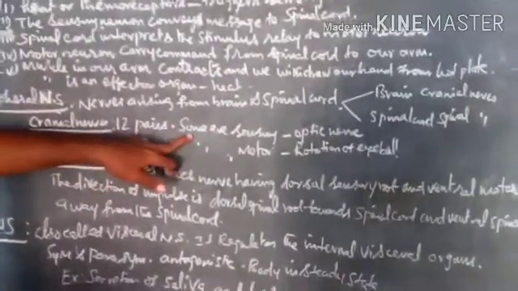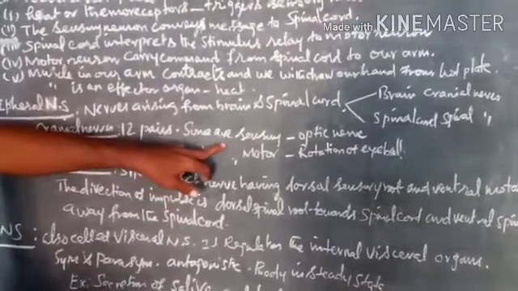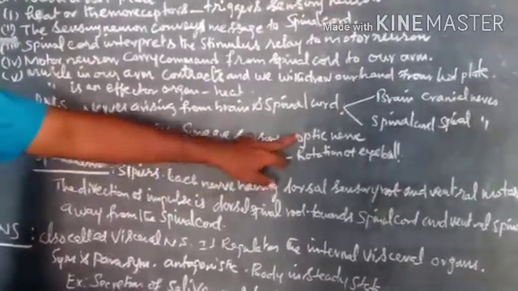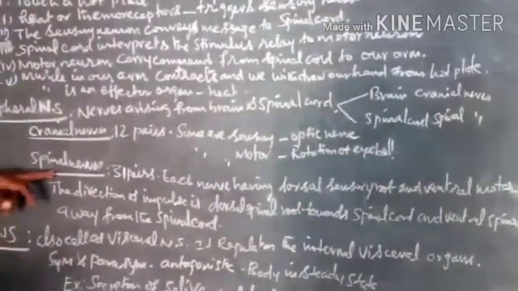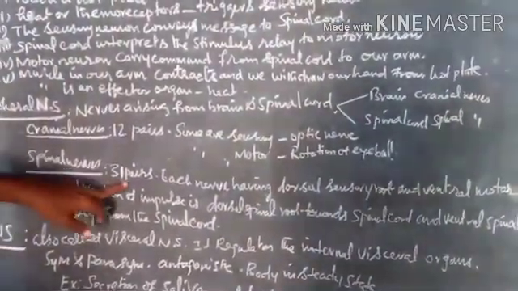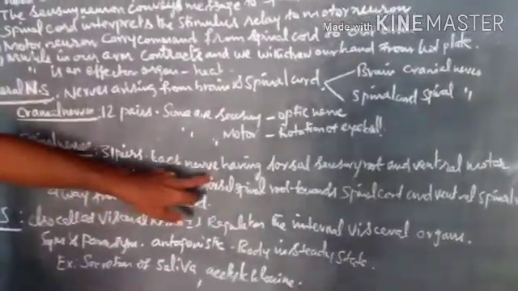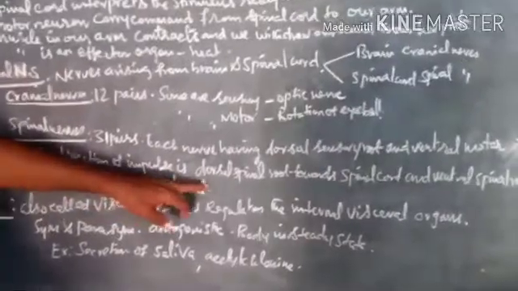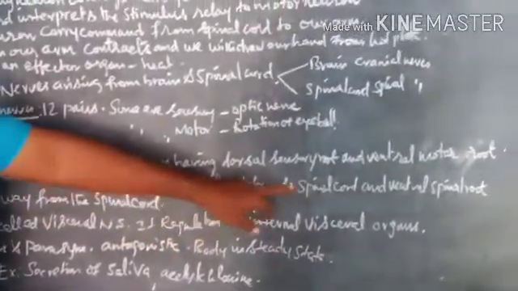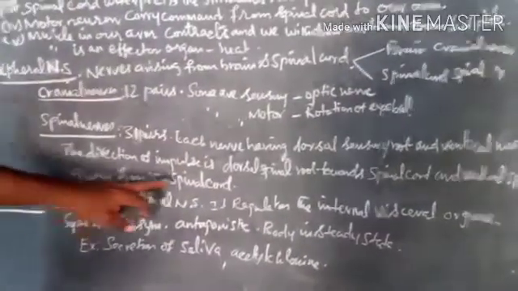Some of these are sensory in function and others are motor in function. Some sensory organs, for example the optic nerve, and motor nerves, for example rotation of the eyeball. Then the spinal nerves: 31 pairs of spinal nerves are present. Understand? Each nerve has a dorsal sensory root and a ventral motor root. The direction of impulse is dorsal spinal root towards the spinal cord and ventral spinal root away from the spinal